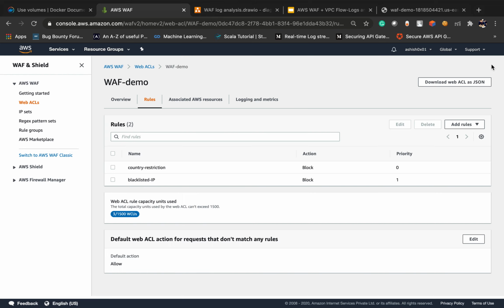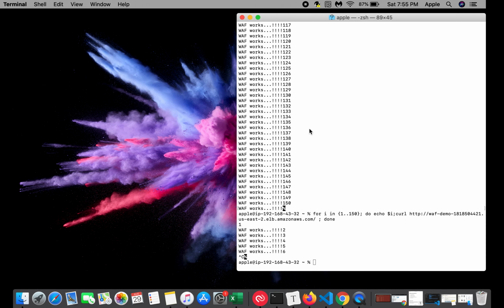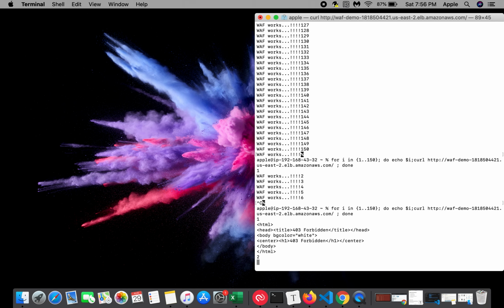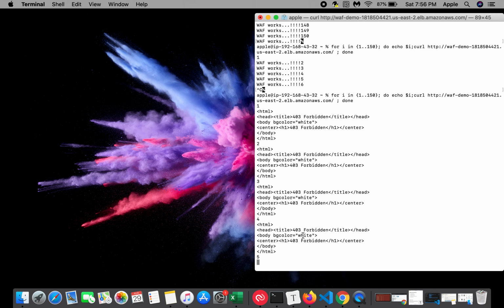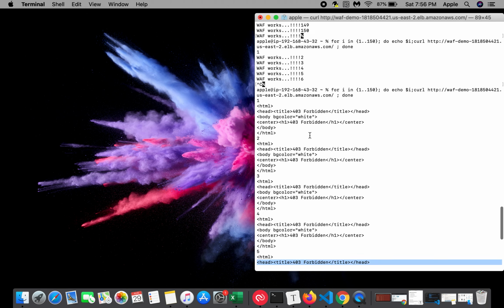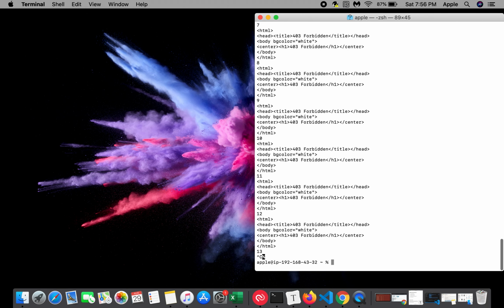Now it will work. Yeah, see here 403, because in this period we already made lots of requests. If I try through the browser also, I will get this 403 error.